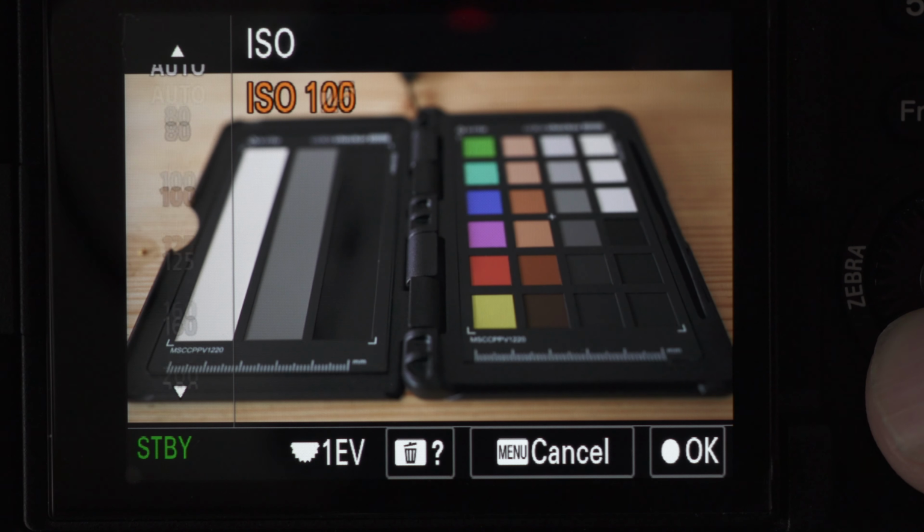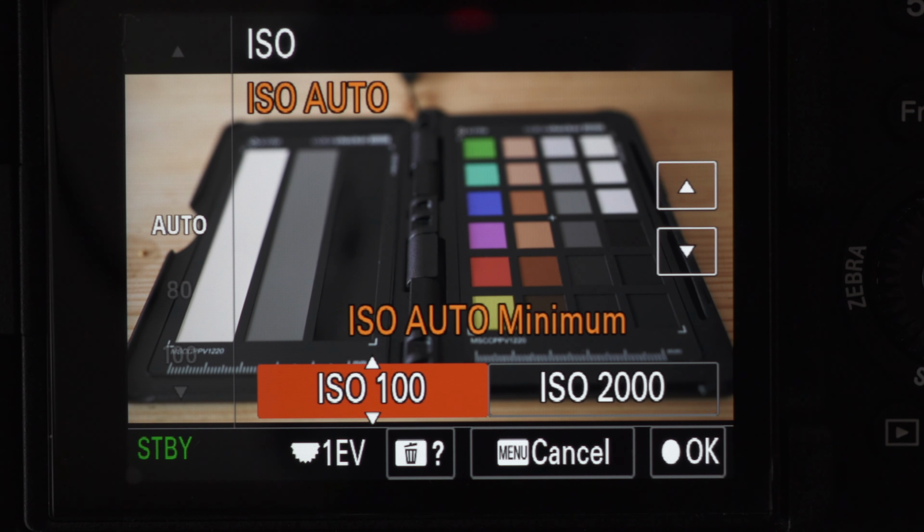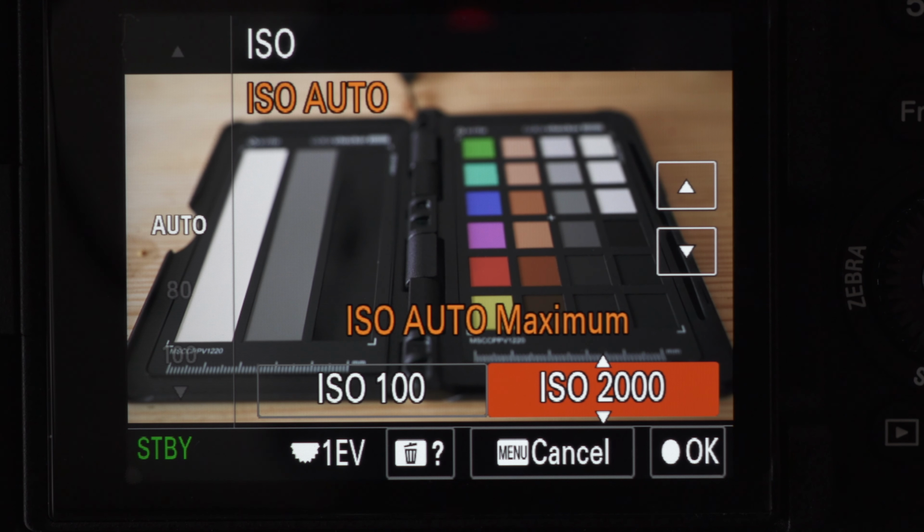You'll notice that my ISO is currently going between 100 and 2000. Now I've got this set for shooting in S-Cinetone. That's because ISO 100 is one base level and ISO 2000 is the high base level. If you go into the ISO settings screen, where you choose which ISO you want to be at using the menu, you'll notice on the right hand side of the screen there are two boxes: set minimum and set maximum. So you can set those in there, and that's what the camera will use when it's adjusting using auto ISO.